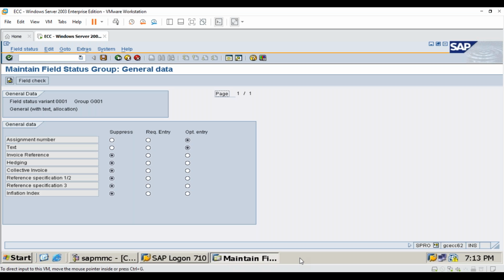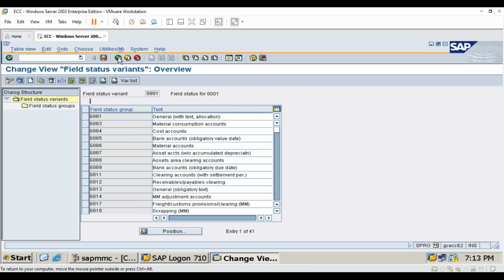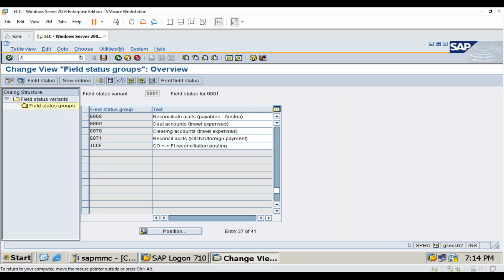For that, whatever you have created here in this criteria, G001, just like G001, there are so many groups here, but when we run this transaction code,